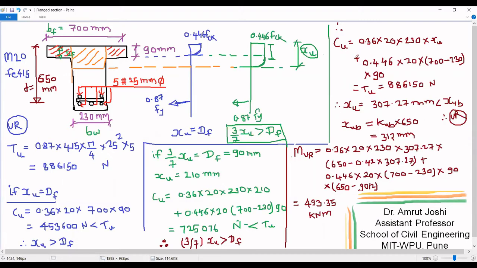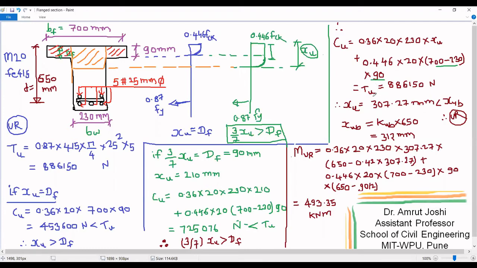In this, we are now going to add contribution from the remaining portion of the flange. The area of remaining portion of the flange is BF minus BW, that is 700 minus 230 into 90. So this is the area of remaining portion of the flange on which there is the constant value of stress, which is equal to 0.446 FCK, that is 0.446 multiplied by 20. So if I add these two contributions, the total value of Cu